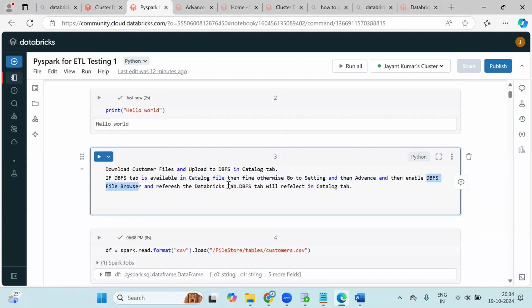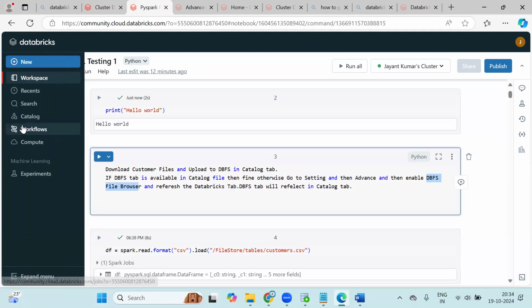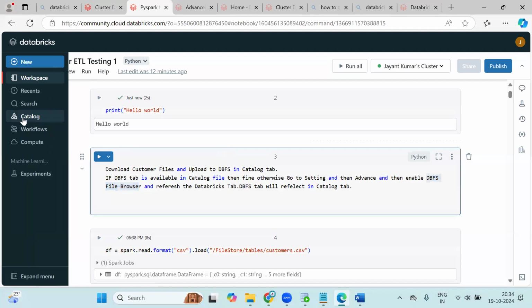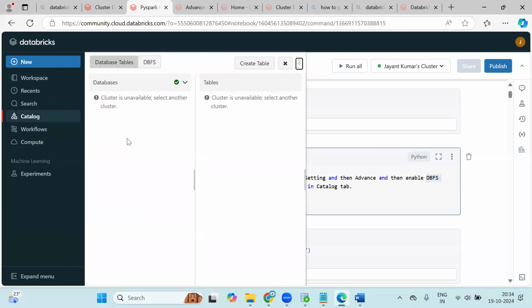How will you do that? You have to go in the catalog here. When you go in the catalog, if you have not added this, you will not be able to see DBFS here. It will show database tables only. So if you want to add DBFS in the catalog, and if your DBFS is not there, then you have to go in